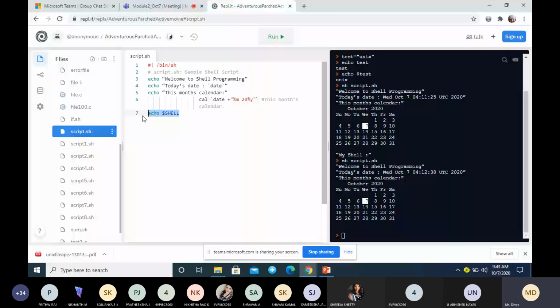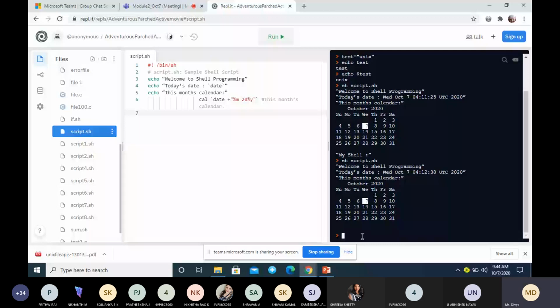This one simple example you can give. Suppose sometimes you are creating a file, and that file will not have any execute permission. How will you give an execute permission for a file?